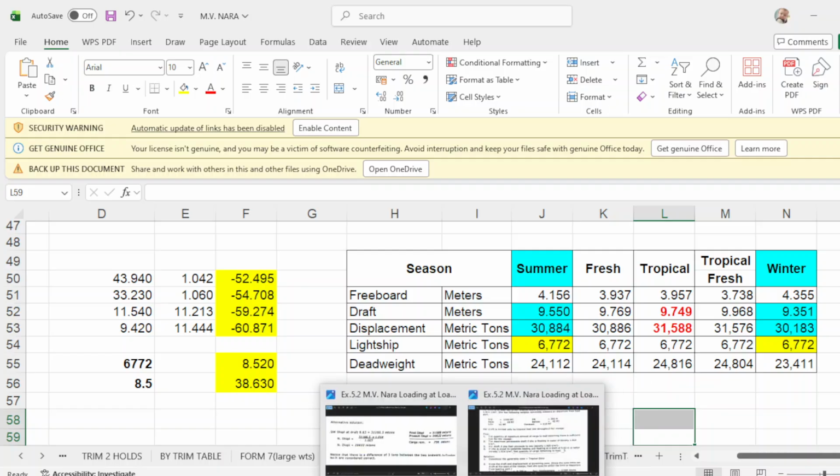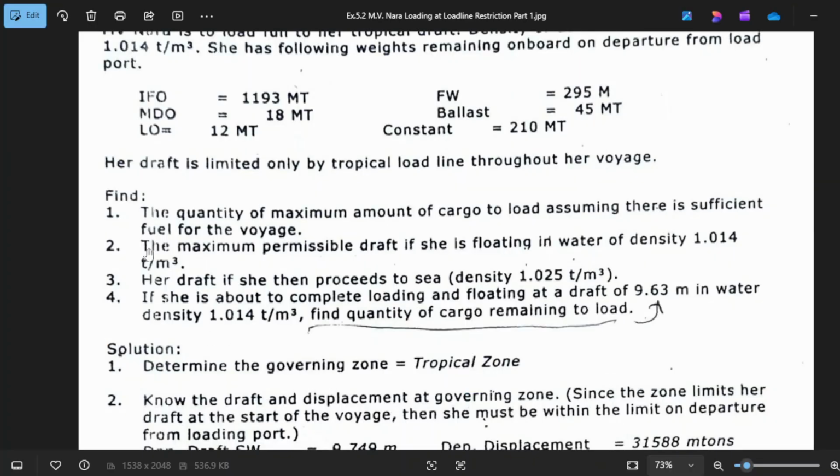Let's continue. The maximum permissible draft if she is floating in a water density of 1.014. So what will be his draft if she floats in a density of 1.014? So you must convert.